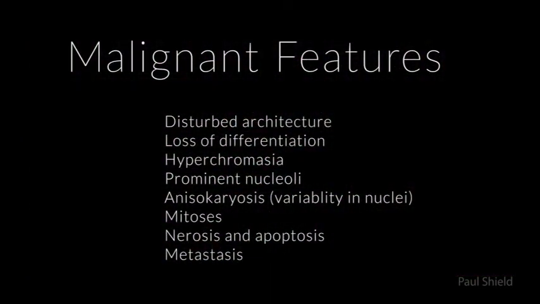So in summary, what we can see is disturbed architecture and loss of differentiation. So the cells not specialising as they should do and forming the tissue architecture they should. Nuclei themselves are quite dark staining, variable in size and shape, have quite prominent nucleoli. That's a feature of adenocarcinomas, glandular tumours. We saw mitoses, necrosis and apoptotic debris, and metastasis is a key feature of many malignancies, particularly carcinomas, and that was demonstrated